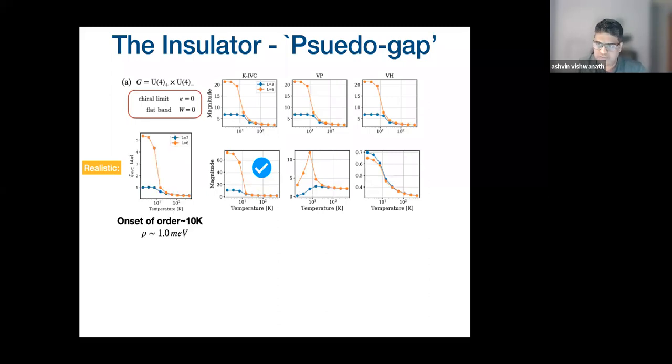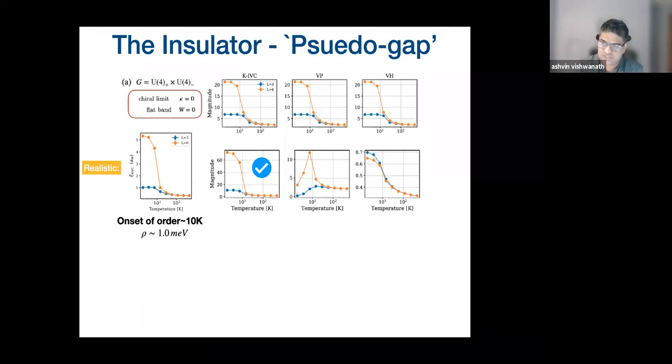Okay, so this ordering, if you were to pick a temperature where there is substantial short range order, that seems to be of order 10 Kelvin. That's when this correlation length increases beyond 1 Moire lattice spacing when you drop below around 10 Kelvin. So you can also extract the stiffness for these fluctuations.